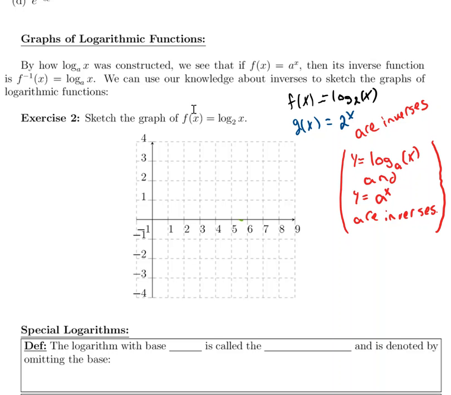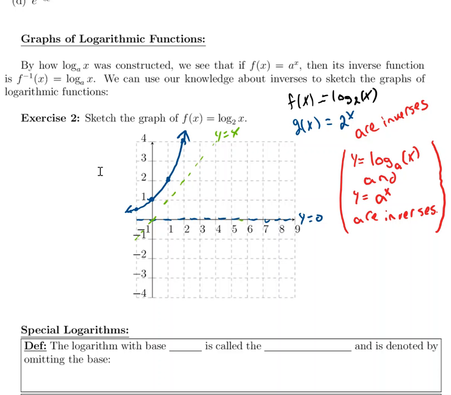So I should know how to graph a function like 2 to the x at this point, and it looks like the following. So I got 4 points drawn right here, and then I have my horizontal asymptote at y is equal to 0. When we talk about inverse functions, the way you can get the graph of an inverse function is by reflecting over the line y is equal to x. And that really just means swap the x and y coordinates of points,